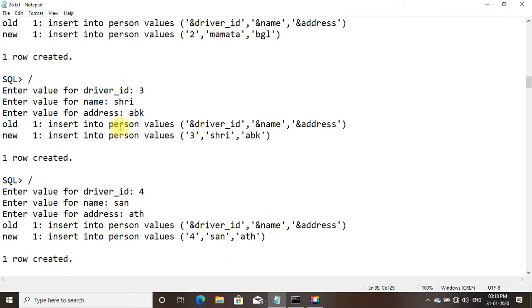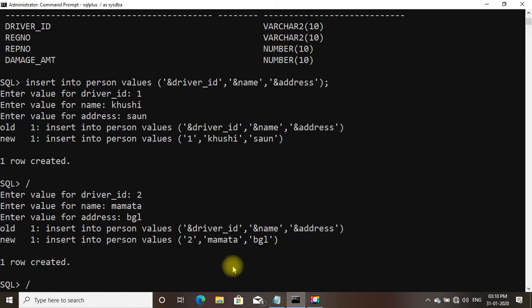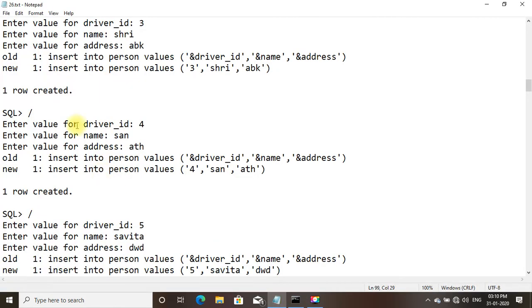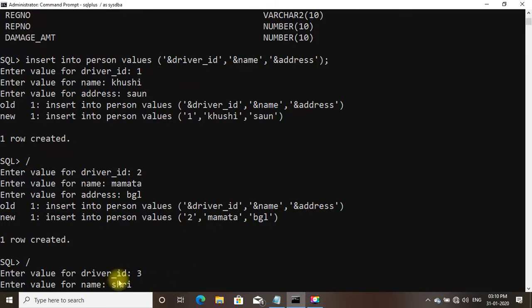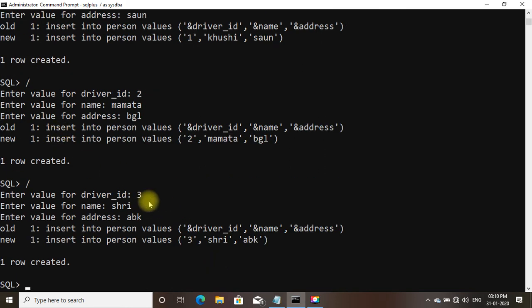Now we shall come to the third record. Forward slash. Enter the ID 3. Name is Shri and address is ABK. So one more record has been successfully inserted.